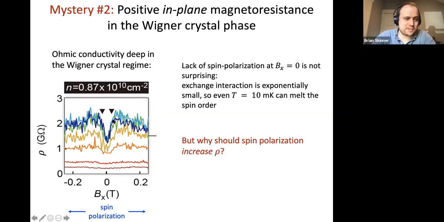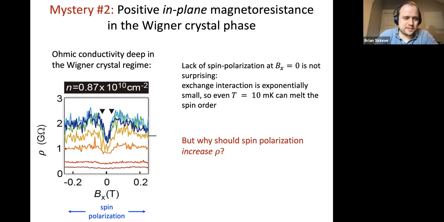Now, the first thing you might be surprised by is why the system wasn't spin polarized to start with. If you paid attention to this quantum Monte Carlo diagram that I showed you earlier, it suggested that deep in the Wigner crystal regime, you're supposed to have a spin polarized electron gas, or spin polarized Wigner crystal, in which case an in-plane field wouldn't do anything. I think that that's not so much of a mystery,